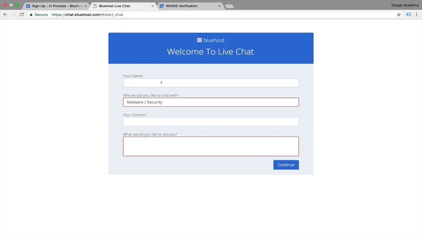Now you get that screen. You enter your name in here, Khalil Ibrahim. This one you leave that way, malware security, and you enter your domain name, the one you just purchased. Let's ask them for activating our account. For example, I want to activate my purchased domain. Then press continue, and you get a blue screen telling you the chat will start within 5 minutes, or 10, or even 15 minutes, according to their working time,